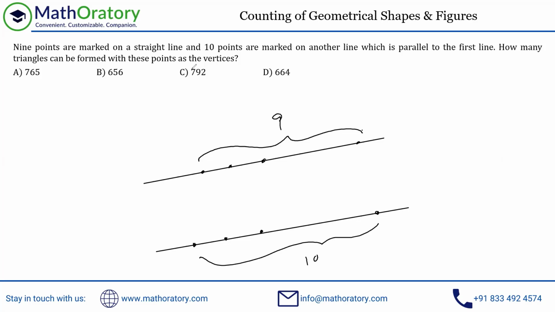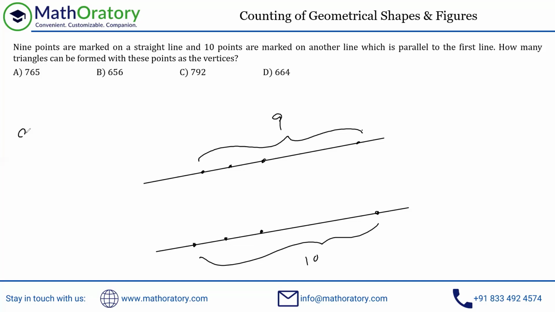Basically, what you have to understand is when you have to form a triangle, you have to select 3 points, right? Now, those 3 points cannot come from the same line. So suppose you select all of these 3 points, that will never form a triangle. Similarly, if you pick these 3 points, that is not going to form a triangle. So how can you pick the vertices? You can pick 2 from any one of the lines and 1 from the other line. So effectively, there are 2 cases, broadly speaking.